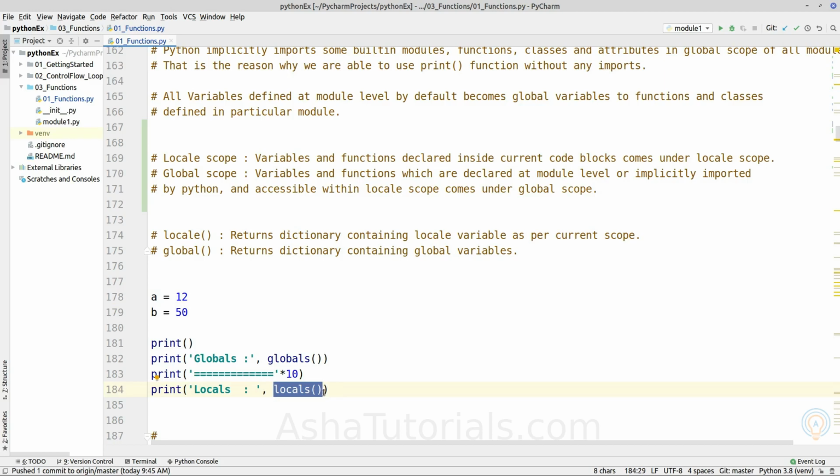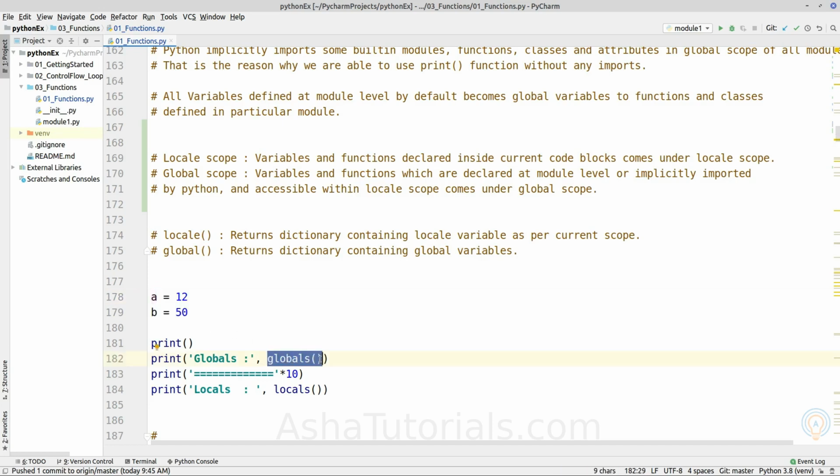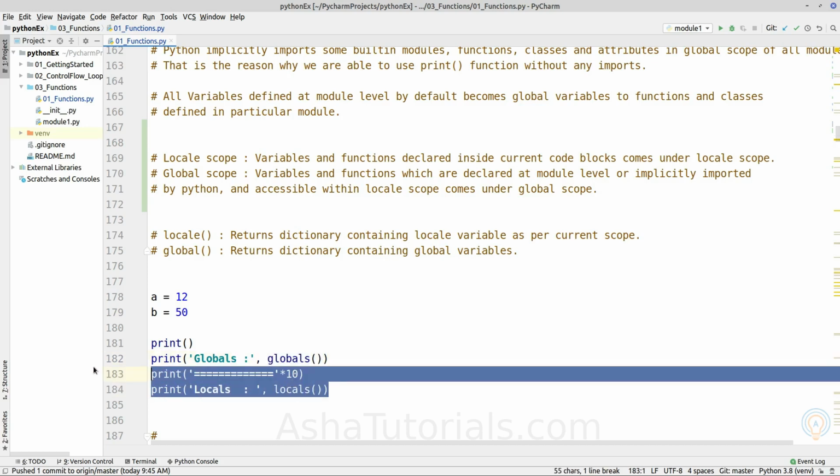So then what is the difference? It makes a difference when we define a function, which has a separate scope from the global scope at the module level. Whatever value is defined at the module level already becomes part of the global scope, but whenever we define a variable inside a function, that is a separate scope which will not be part of the global scope. Let's take a look at the output of this first.